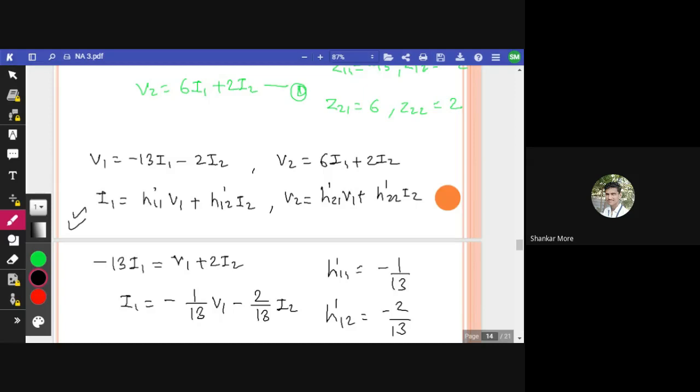लेकिन h इनवर्स पैरामीटर्स में हमें पहला इक्वेशन डायरेक्टली मिल रहा है, like we are just modifying one equation and we are getting the first equation. Now for second equation what we have to do, we have to do some modifications. Okay, अभी हमें ये इक्वेशन चाहिए। अभी इस इक्वेशन में v1 है, v2 है एंड i2 है, हमारे पास i1 नहीं है। सो i1 नहीं है तो हमें क्या करना पड़ेगा,